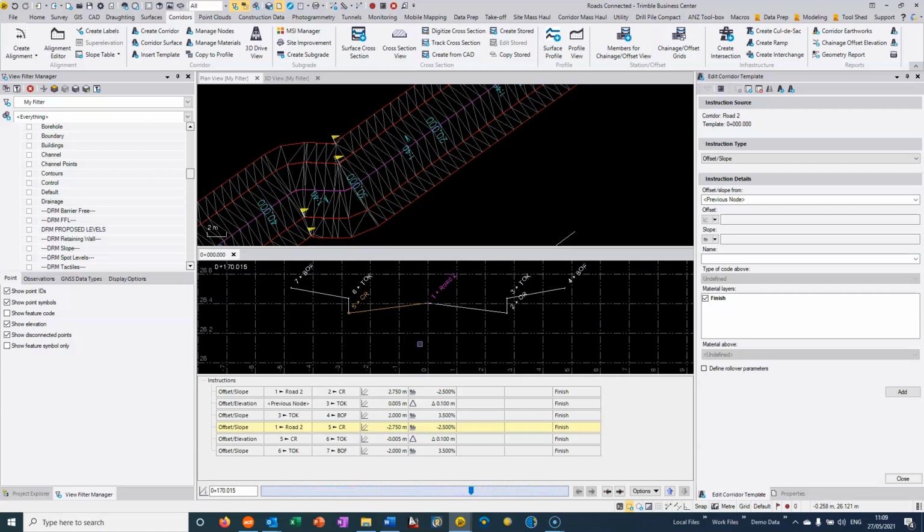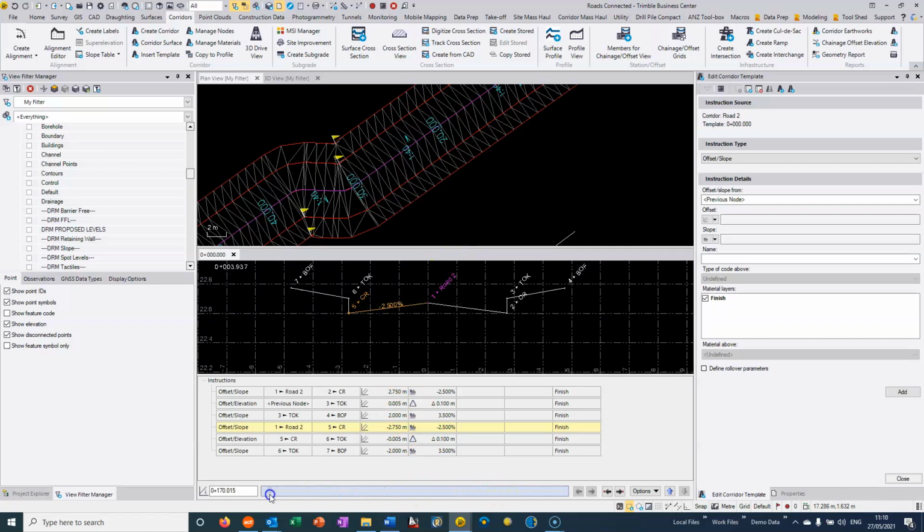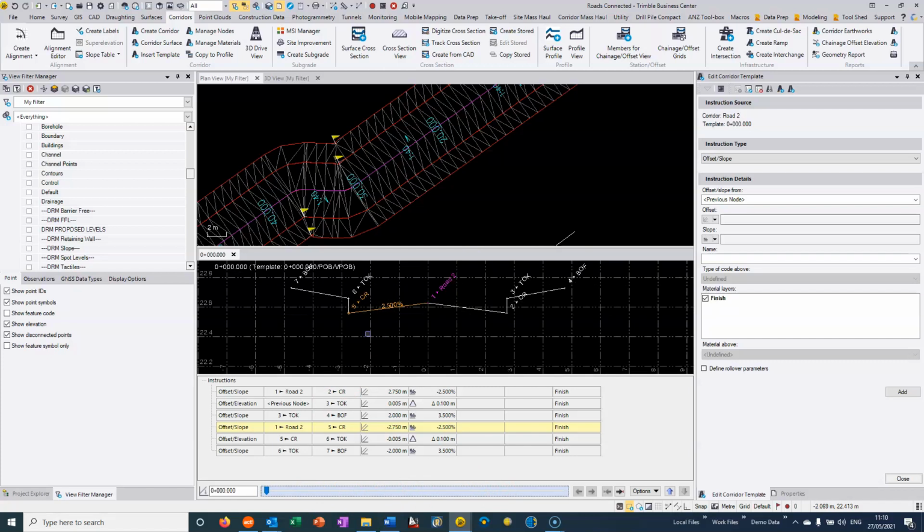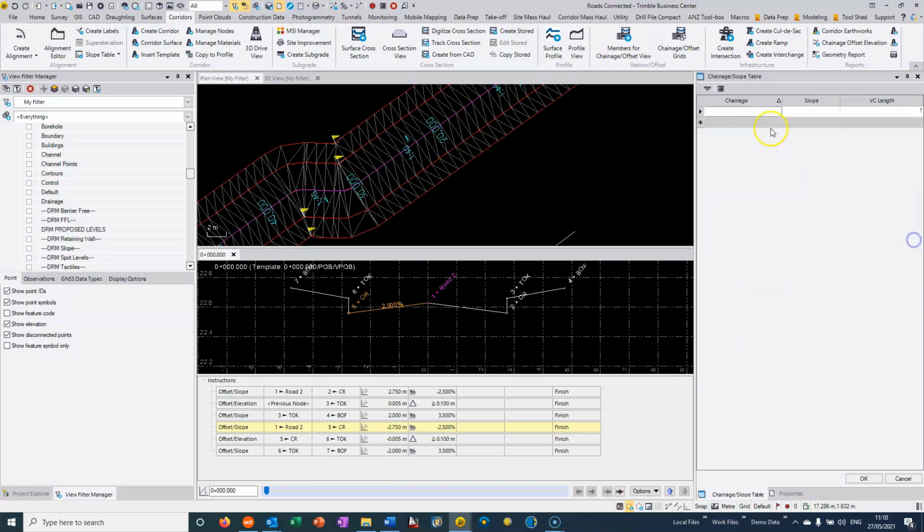We can change the grade on the road by entering a new template or copying this template and changing the grade. Or what we can do is we can actually put in a table, which is something that's new in concept if people are used to using Trimble Access. So if we want to show you how a table works, we can go into here and we can say offset slope. So we can just edit this instruction for the channel right, and we can say that the slope is actually subject to a table, and we can say that at chainage 0 the slope is minus 2.5%,